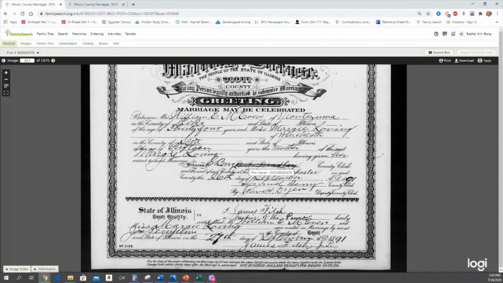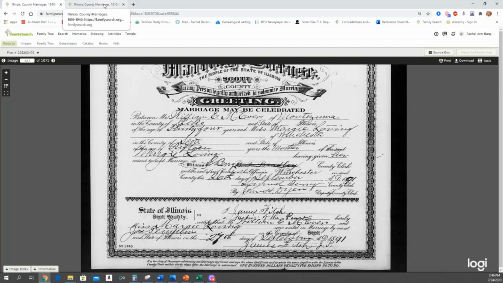Now, something to note with marriages, just as a general research tip, there are a lot of different records created at a marriage event. You'll have the license application, you'll have the marriage license itself, you might have a separate certificate. And if there are minors getting married, you will have some sort of authorization from their legal guardian, or parents, saying, I give permission for him or her to marry. Now, whether or not the county still has those on file, that depends on the county. Scott County does. And I'll show you after I show you this record where you can find them in the catalog.